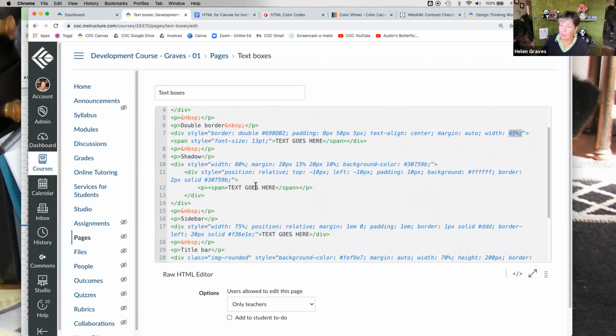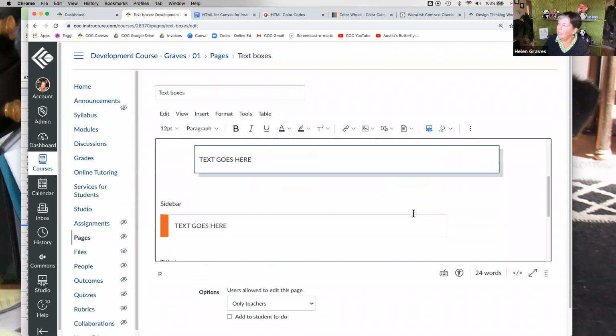The shadow box, let's say I want to make, I think it's this one. I never remember which is the front and which is the back. So I've changed the background color in this div. This div, I haven't touched anything. I'm going to leave it. And then when I go back, okay, so the top one apparently is the background color because I changed it to gray, and you can now see the shadow is a gray color.